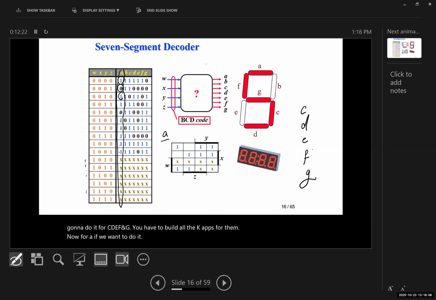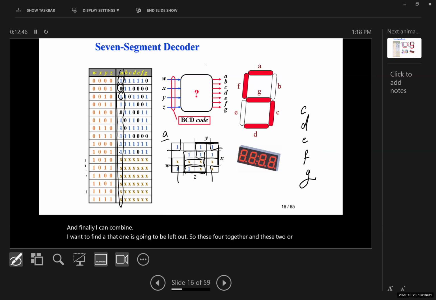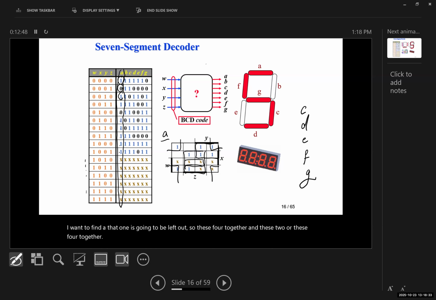we can combine these four together. And then I can combine these four together. And finally, I can combine, I want to find a, yeah, that one is going to be left out. So these four together and these two together, or these four together. So different ways that we can. And if I do that, A,